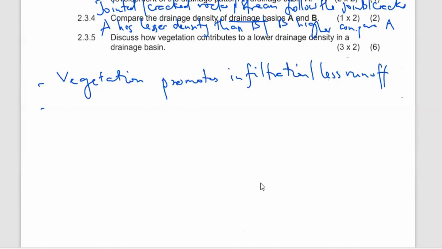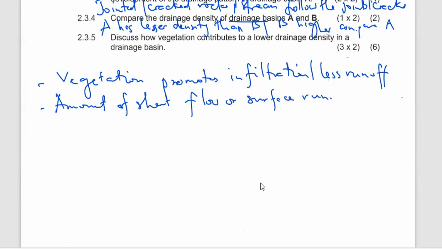So it implies that the amount of sheet flow or surface runoff is limited in that particular area. And what is going to happen because of less runoff,